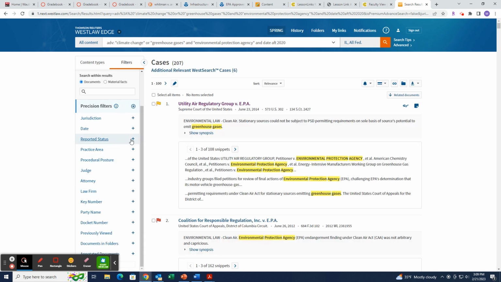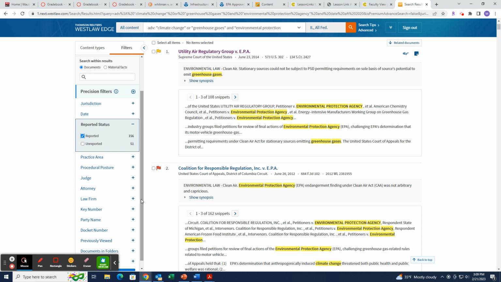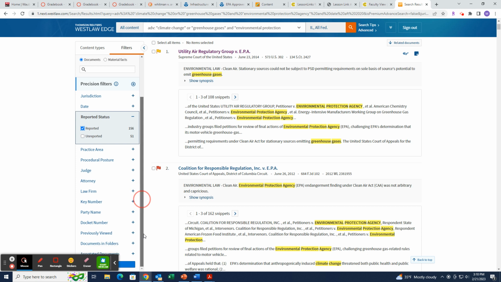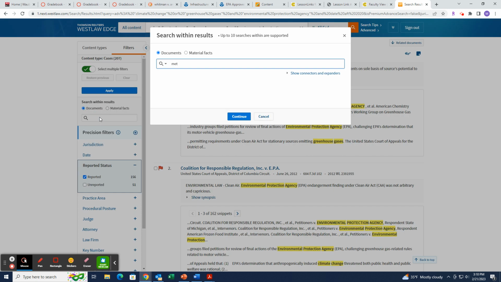Okay, so maybe I want only reported decisions. Maybe I want to add a search term. Maybe I only want ones that talk about the word methane. Okay, and then I hit continue,